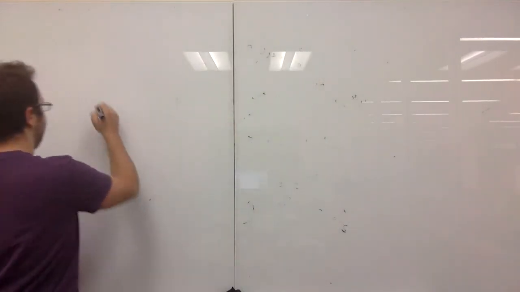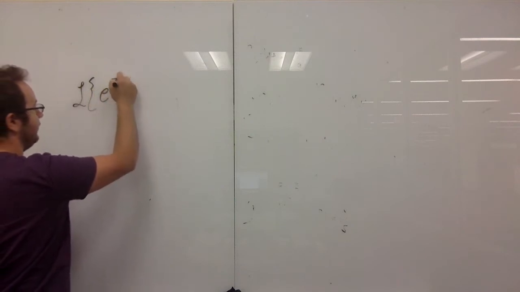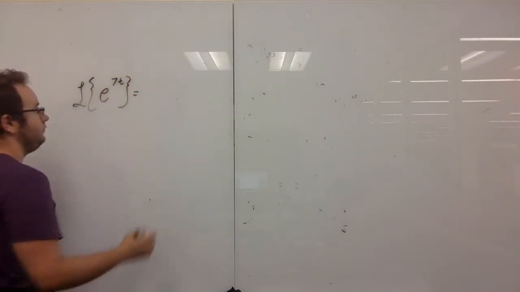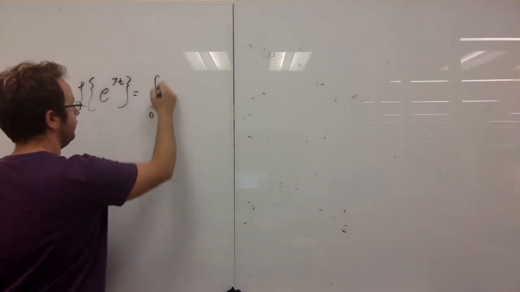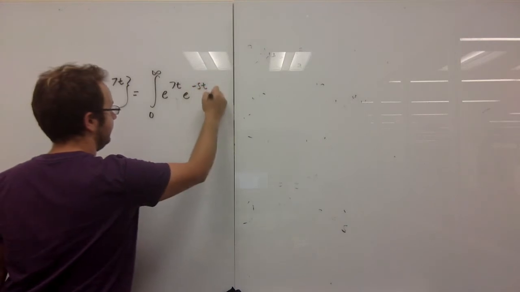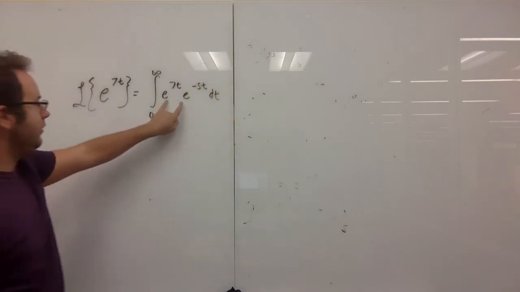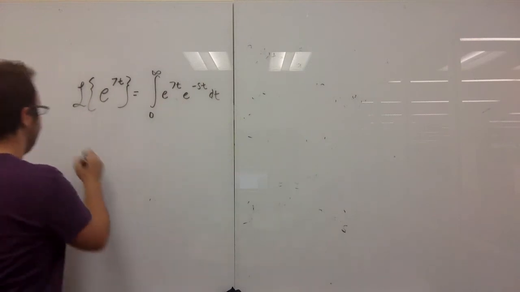How about the Laplace transform of e to the 7t? Well, that means the integral from 0 to infinity of e to the 7t times e to the negative st dt. And we can combine these, right? We can combine e to the 7t and e to the negative st, so we get